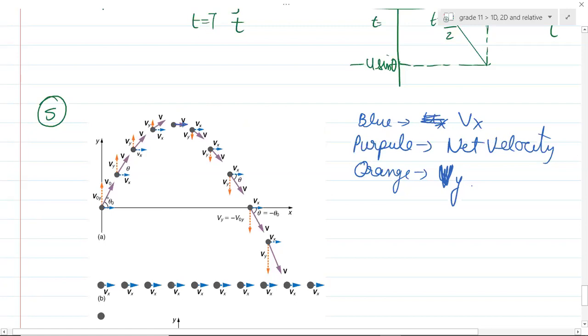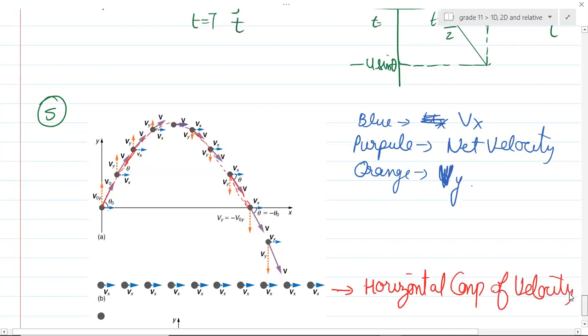At different points on the trajectory, I'll draw the trajectory using red. At different points on the trajectory, the object has different velocity, and the direction of this velocity is given by drawing a tangent, right? Everyone is clear about the concept, right? So if I club all these velocities together, at every different point, this represents that the horizontal component of velocity remains constant at every time.